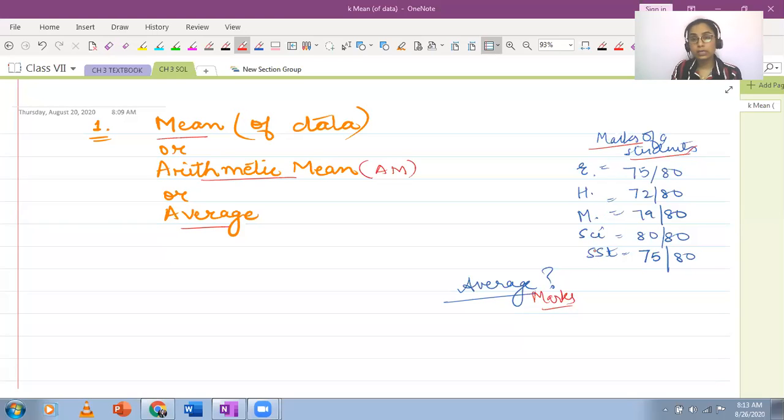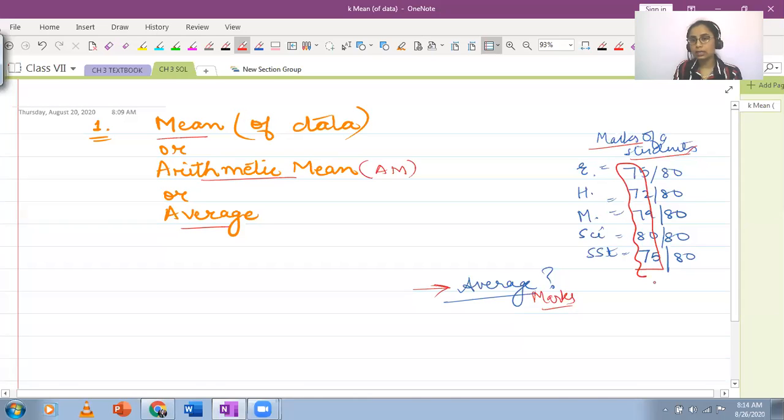We have considered an example here where we have just assumed that there is a student, and the child is getting these marks out of 80 in 5 subjects. So English, Hindi, Math, Science, and SST. We have written these marks. If we want to find out the average marks, we are going to add all these values, the marks that have come, first we will add all of them, and then this total will be divided by how many subjects we have. So we will divide the sum by 5. This is the formula to find out the mean. And this is what we're going to write down here.